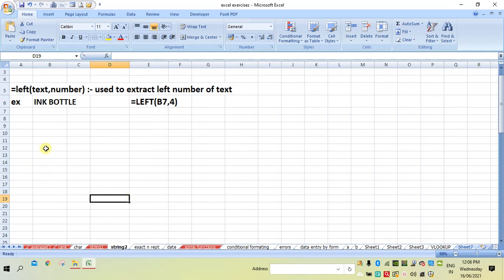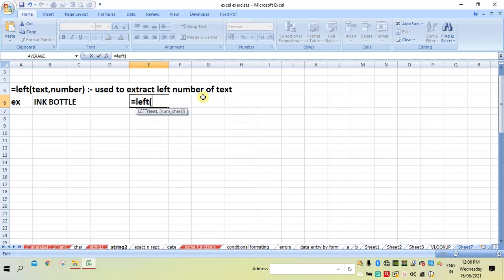The left function is used to extract the leftmost number of characters of text. For example, ink bottle is a word or a text which is in basics. Let us take only ink. So to take only ink from that ink bottle, we can write equal to left.